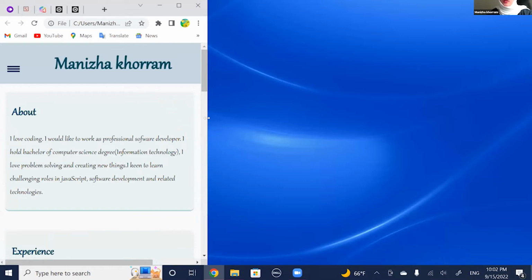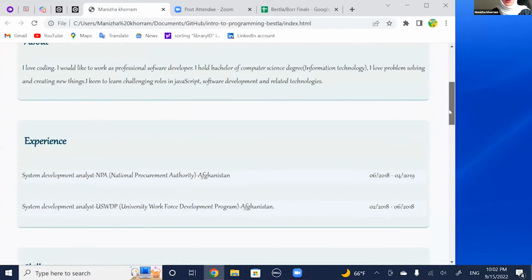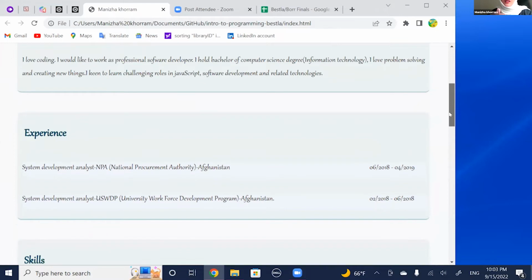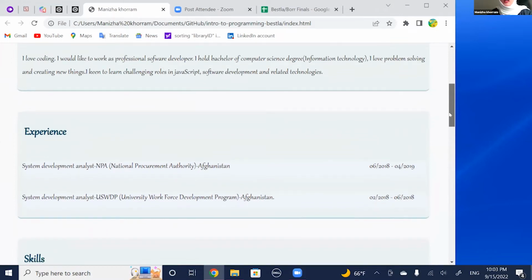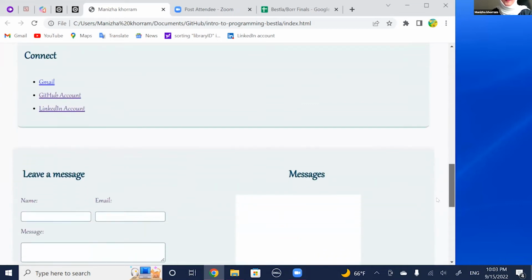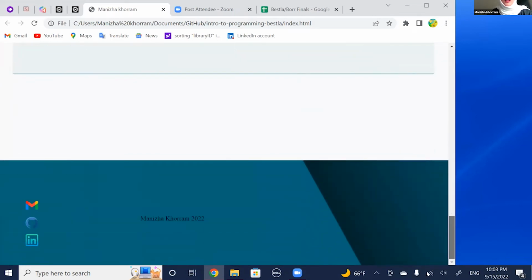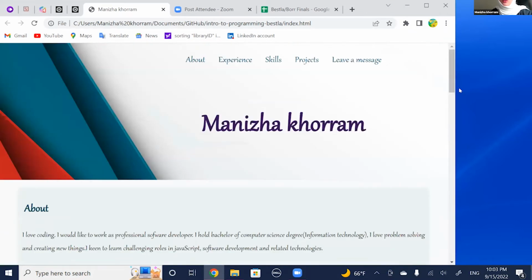This is the part for laptop display, and when I make it smaller, the image would disappear, and all the other parts would be displayed in a block, on top of each other, like this. And in the footer, the links would transfer to this part. And even more, if I want to make it smaller,